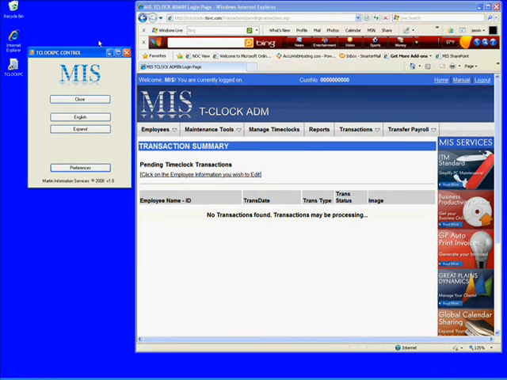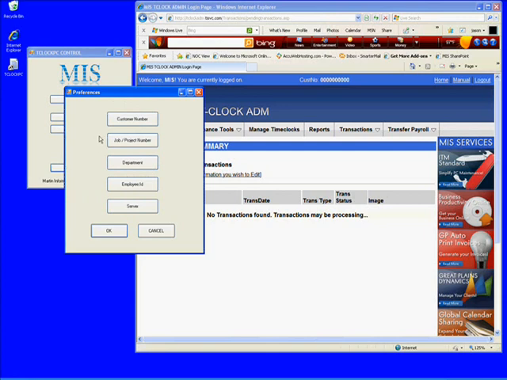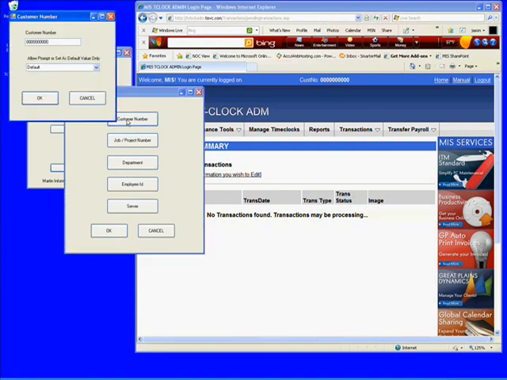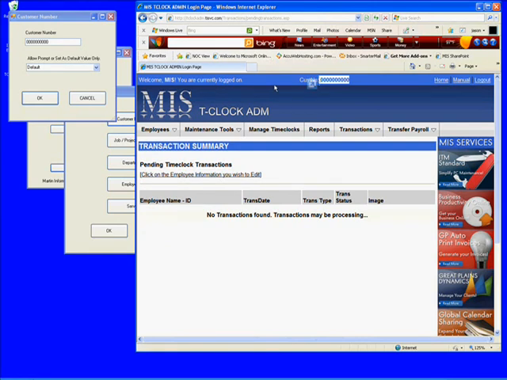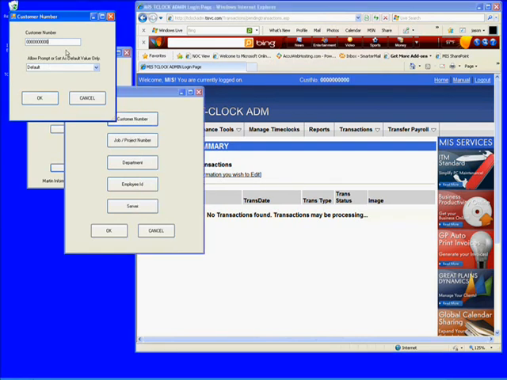First thing you want to do is set up your preferences, so let's go ahead and open up our preferences. And our first option here is customer number. Your customer number is automatically generated for you upon registering with the website. And as you can see here, my customer number is all zeros. So I'll go and enter in that information, and then down below you're asked if you want to set it